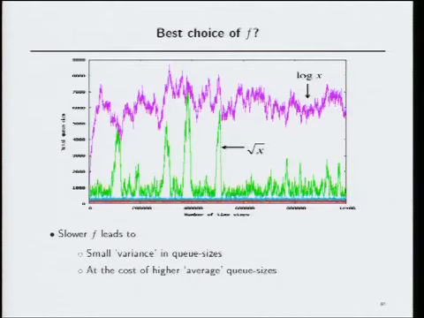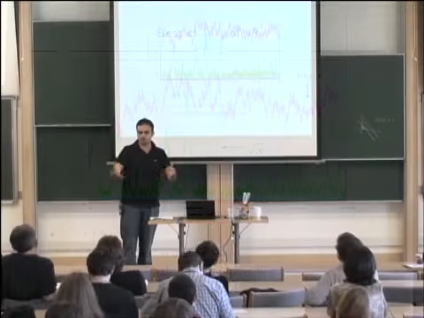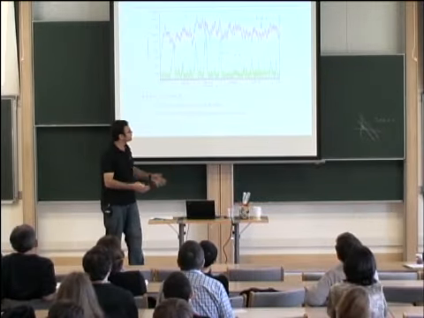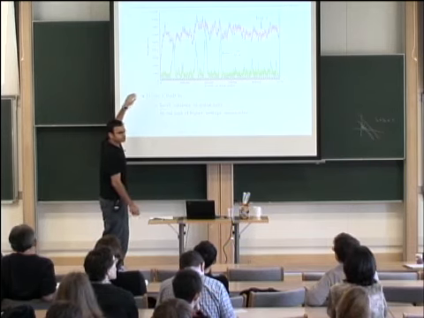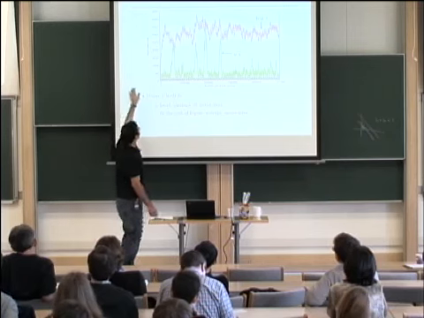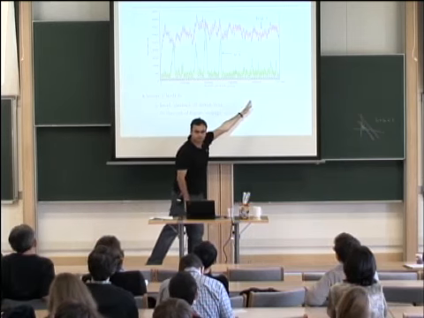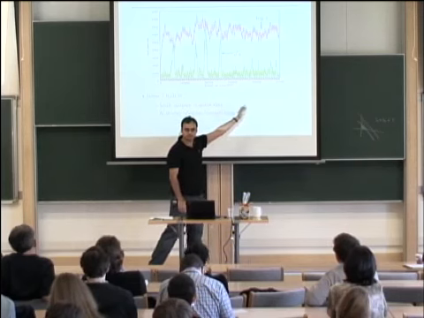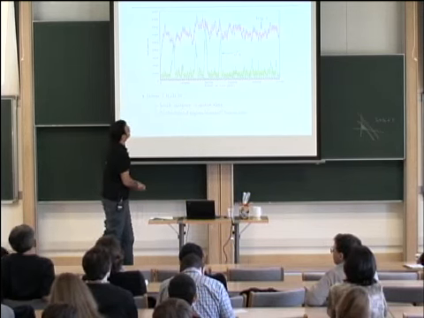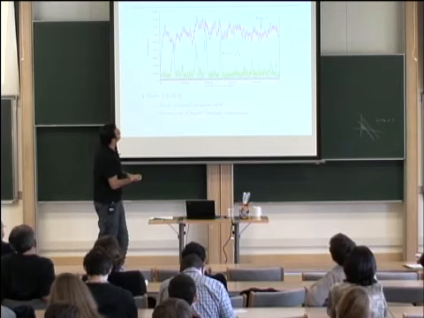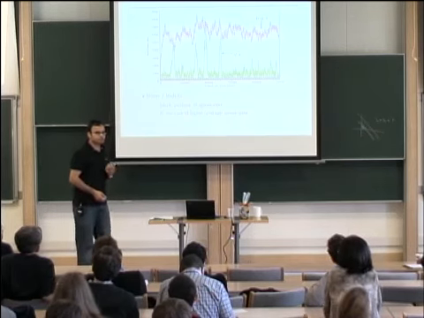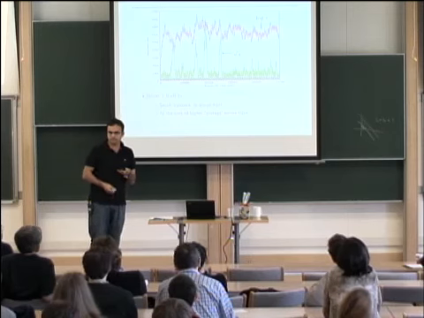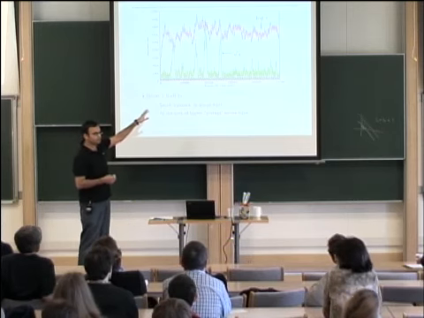So we look at a 20 cross 20 network. It's a 400 node network, a grid network, and you plot total queue size in the network over time. So it's just a time evolution of the system. Now, there are two plots that I want you to observe: one is the green and one is the purple. The purple is the one which uses f of x equals log x, and the green one is using square root of x.